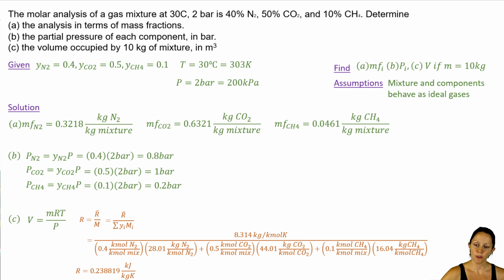Now, just a side note, the denominator of that big long equation right there was my molar mass of my mixture. When we had our table, we summed up all of the masses, and the sum of all those masses was based on 1 kilomole of mixture. So the number, I think it was 34 point something, that is your molar mass. You have 34 point something kilograms per kilomole of mixture. But anyway, we went ahead and calculated it, and I think I have everything I need to plug in